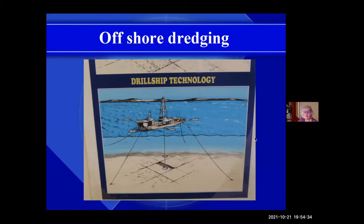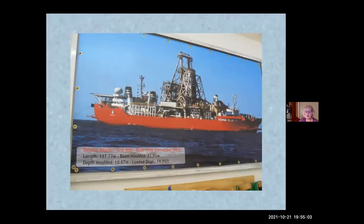Of course, if the water from the river washes the diamonds down to the pocket beach mines and to the beach, there is a large area. It's a 50-kilometer wide area that is actually permitted to be dredged for diamonds. And DeBeers has a fleet of several ships, and maybe some of you will remember Jacques Cousteau,